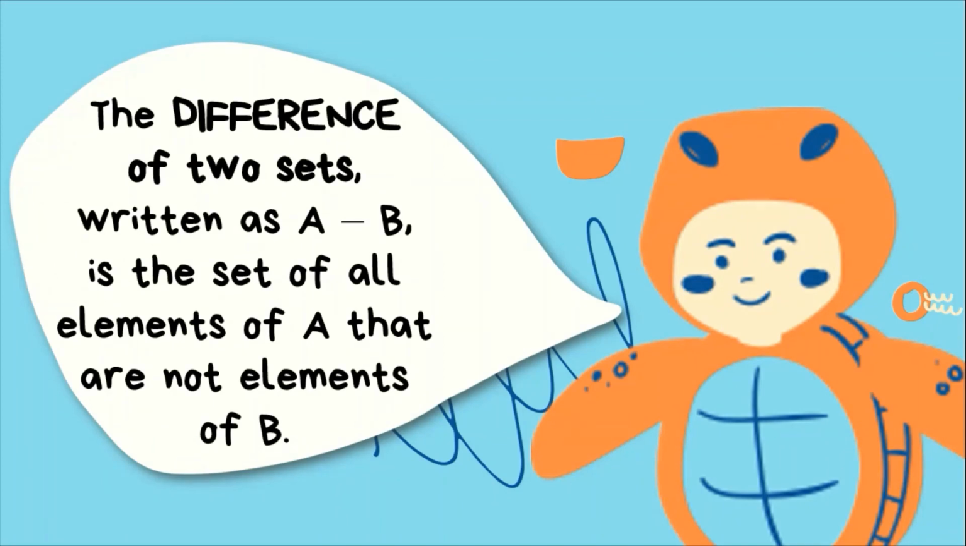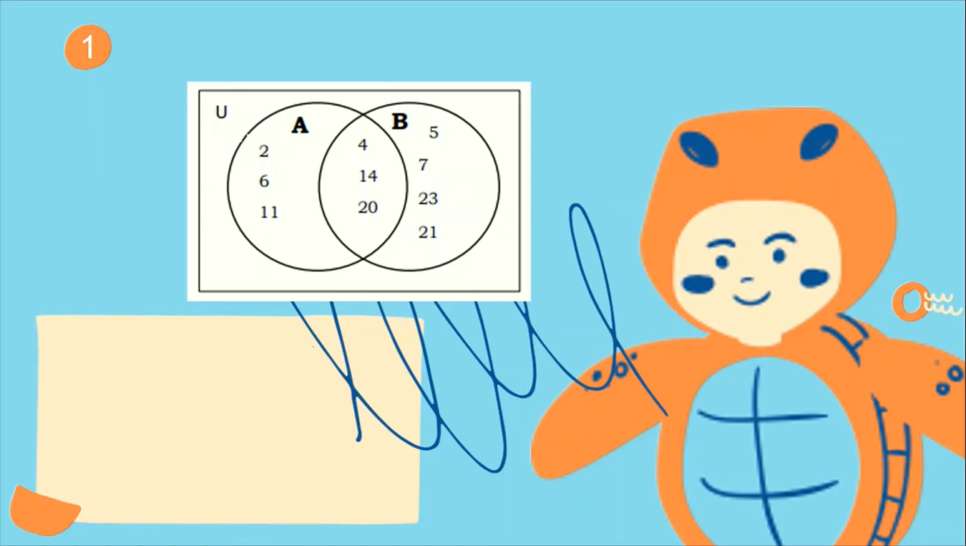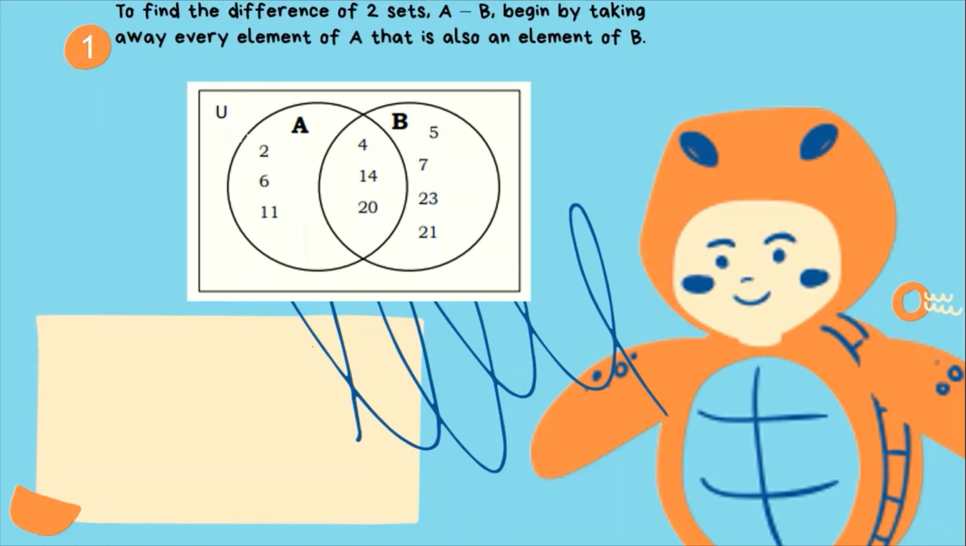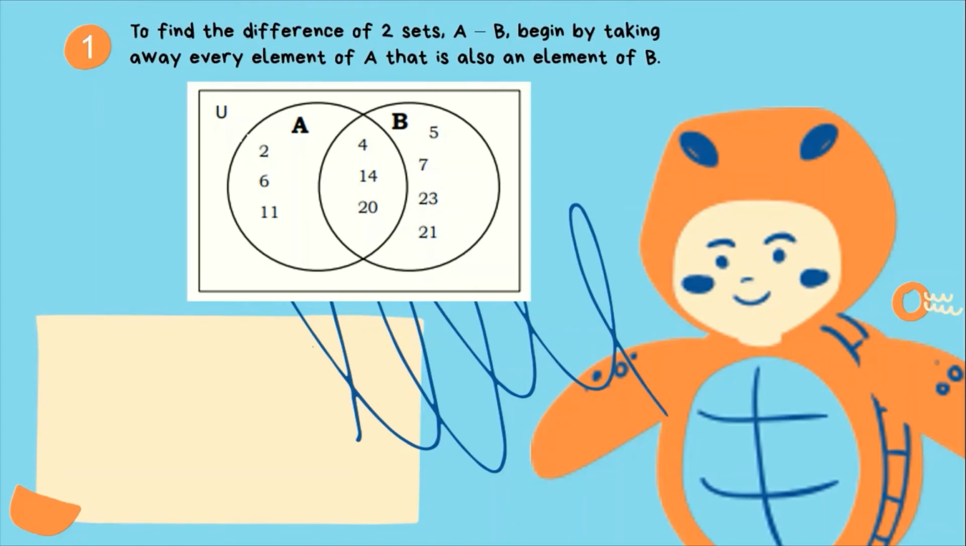Next, the difference of 2 sets. This is written as A minus B. This is the set of all elements of A that are not elements of B. To find the difference of 2 sets A minus B, begin by taking away every element of A that is also an element of B. So when we say difference, this is the result of subtraction. So given the same universal set U,